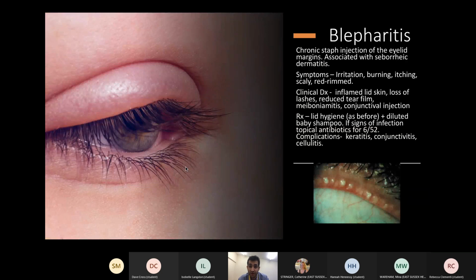This is quite common. One of you might have experienced it. It's basically a chronic staph infection of the eyelid margins, and it's often associated with seborrheic dermatitis. So symptoms, as you can see in the eye, it's red, scaly, with irritation, burning. You can sometimes get a loss of eyelashes as well, reduced tear film, inflammation of the meibomian gland again. You can see in that bottom picture there's some yellow spots, and conjunctival injection,